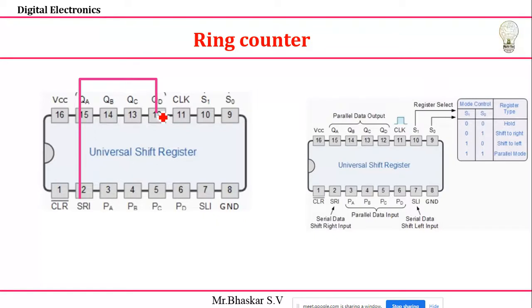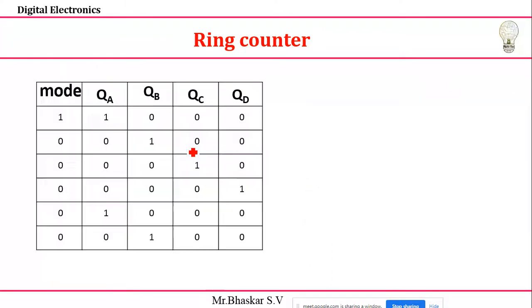But then how am I going to connect it practically? I need to consider S1 and S0, what about the clock, and what is the pin diagram and everything. So just see that. This is my intention, QA, QB, QC, QD. First I want to load some value, right? For example, in the exam they can ask you to consider the value 1001 instead of 1000. You have to explain the ring counter for this. Means first I want to load this value. What is the value I'm loading? Here it is 1001, you need to load.